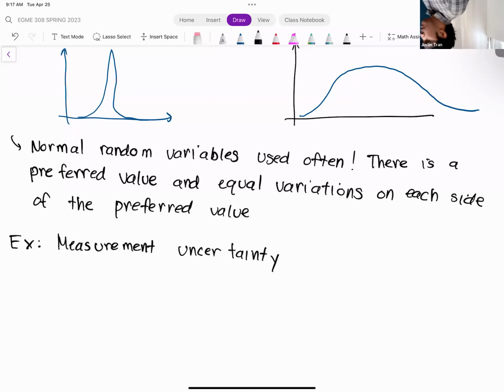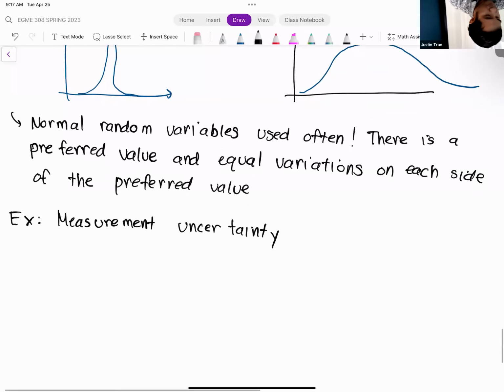So let's say that you're using a ruler to measure something. When you measure something with a ruler, you have the preferred value, whatever you read off the ruler. Let's say that you're measuring the width of this computer screen right here. And let's say that we measure it to be something like 20 inches. But we know